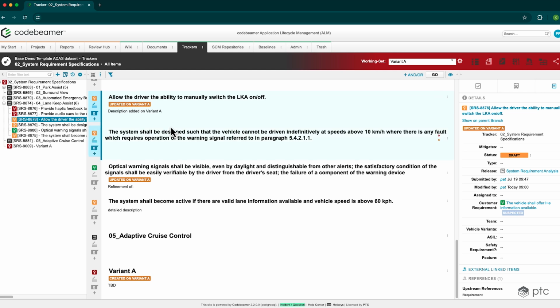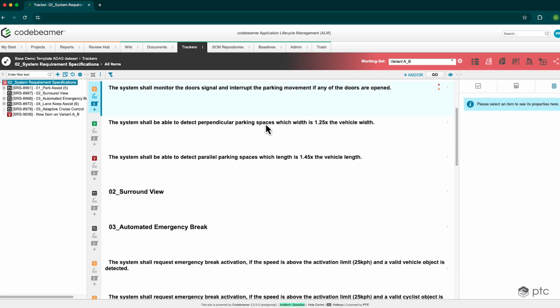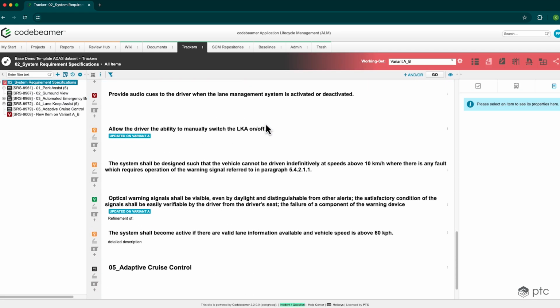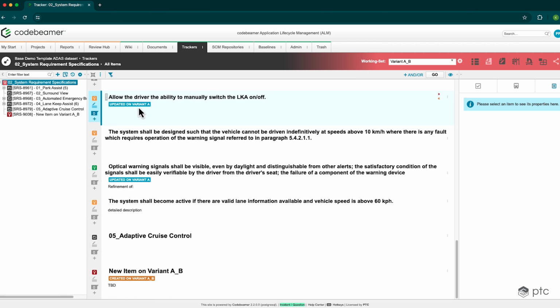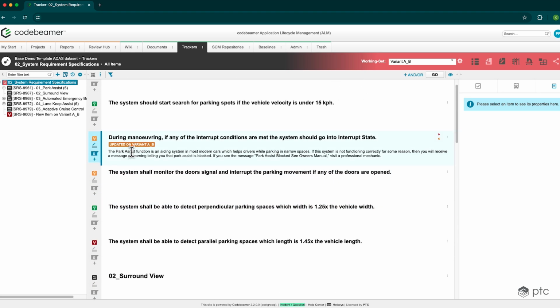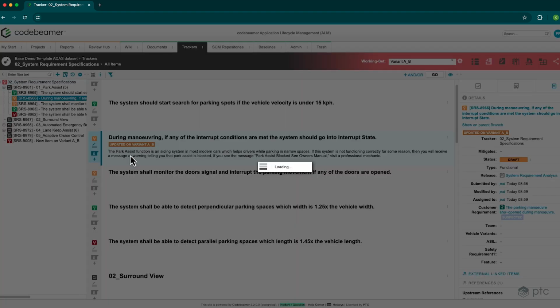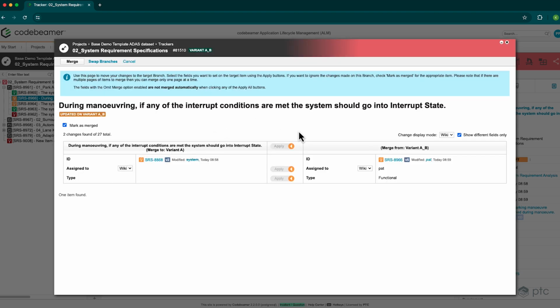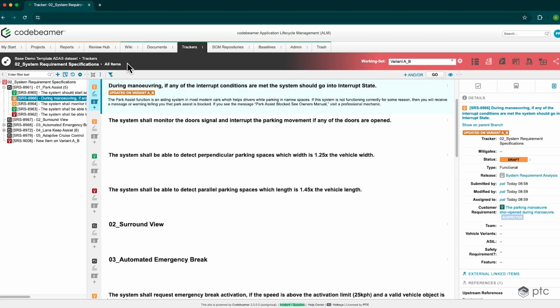Now I did some changes, so I will go back to variant A, B. If I scroll down, I will see on some items that they were updated on variant A. This one was created on variant AB. And some items were also updated on variant A. If I click on one of these badges, then I can merge these differences on this work item. But I can do this not only item by item or field by field, but on the whole tracker. So now I just cancel this,